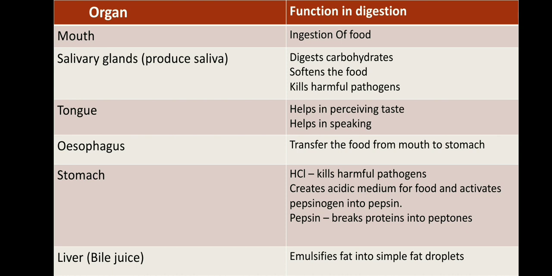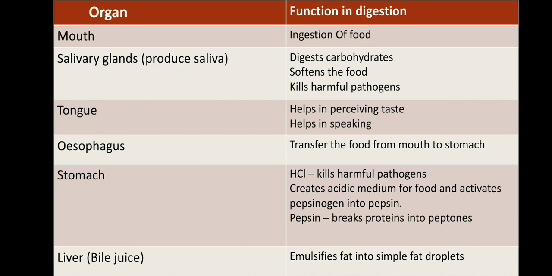Next organ is the tongue. Tongue helps in perceiving taste and also helps in speaking. Then the food from the buccal cavity will go into the esophagus. Esophagus will just help in the transfer of food from the buccal cavity into the stomach. In the stomach, hydrochloric acid will be present and the food will be subjected to the action of HCl. HCl kills the harmful pathogens, it creates an acidic medium for the food, and it also activates the inactive pepsinogen into active pepsin. Pepsin is also one enzyme which is present in the stomach which helps in the breakdown of